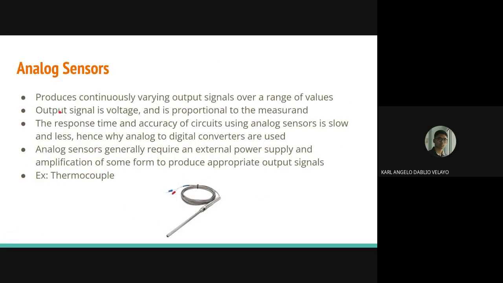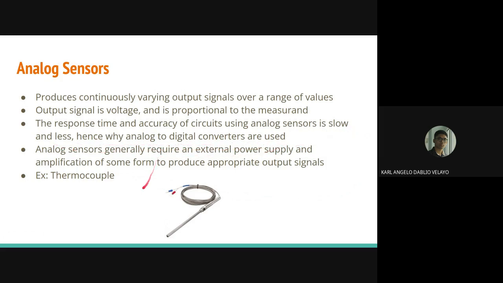So now we discuss analog sensors. Analog sensors produce continuously varying output signals over a range of values. The output signal is voltage and it is proportional to the measurement. The response time and accuracy of circuits using analog sensors is low, hence why analog to digital converters